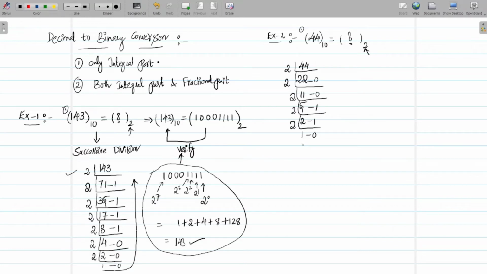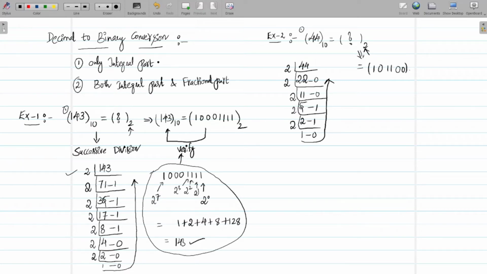And in order to write the equivalent binary number, in which direction do you need to move? Starting from the last quotient to the first remainder. You need to move in reverse direction. Now it is equivalent to 1 0 followed by 2 ones followed by 2